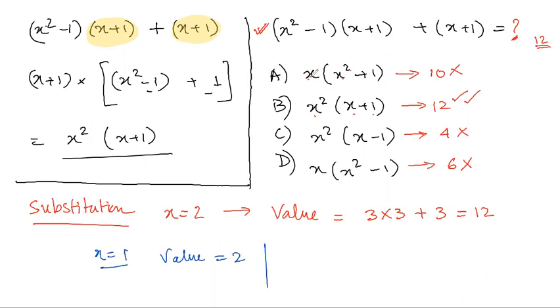Now if I plug in x as 1 here, 1 times 2, so that's 2. 1 times 1 plus 1, that's also 2. 1 times 0, so that's 0, that's wrong. And 1 times 0, so that's also 0, that's wrong. But we still have two options. Now we have to again differentiate.